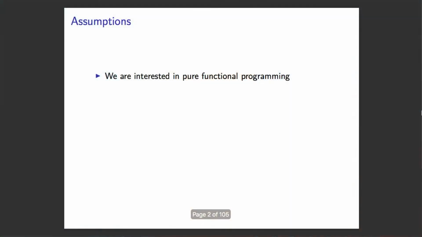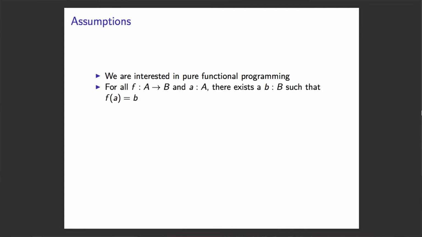So to start things off, we're going to make one big assumption, that we are interested in doing pure functional programming. Okay? That's sort of the premise of this talk, and then I'll build on top of that. And when we do pure functional programming, we look for 2 properties in our programs. One is that, by definition, every function in our program is a function in